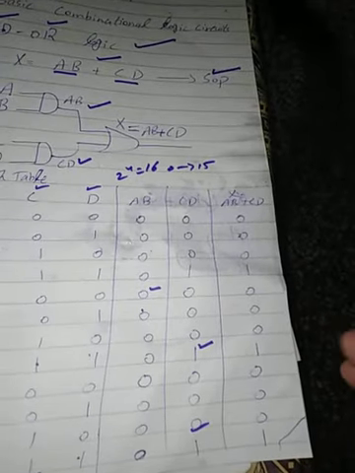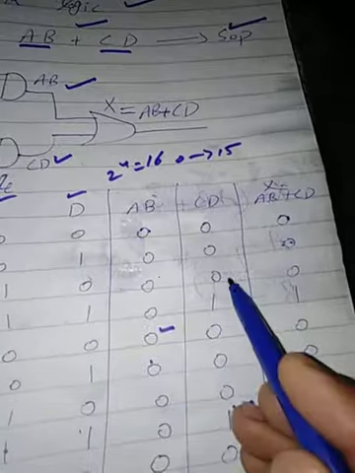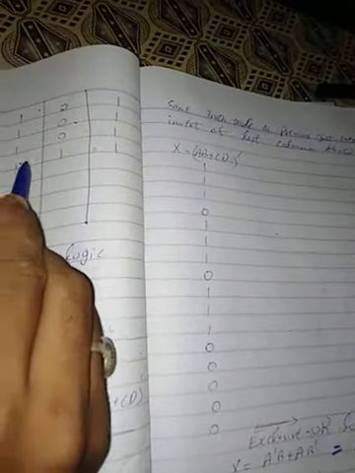Then this is the final expression, which is AB plus CD, an OR gate. The OR gate gives you 1 when any of the inputs is 1. In other words, it gives you 0 when both the inputs are 0. Like 0, 0, 0, 0, 0, 0, 0, because I am taking the OR gate of AB and CD. This is AB, this is CD. So 0, 1 gives you 1. Again 0, 1 gives you 1. If any one of the inputs is 1, then the output is 1. Next, 1, 0, 1, 1, 0, 1, 1, 0, 1 and 1, 1, 1.